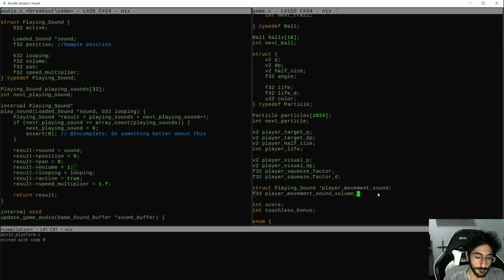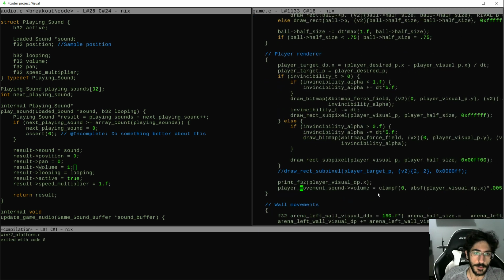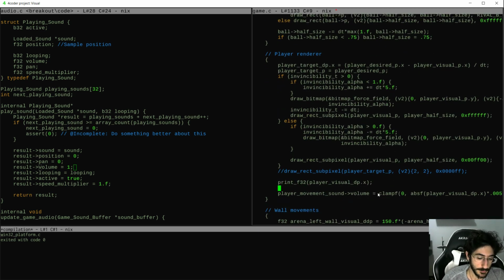So yeah, it kind of sucks. So I'm gonna do like a player movement sound volume DD and do the same smoothing thing we did. Well, it should be an easier smoothing function, because I've been doing like the